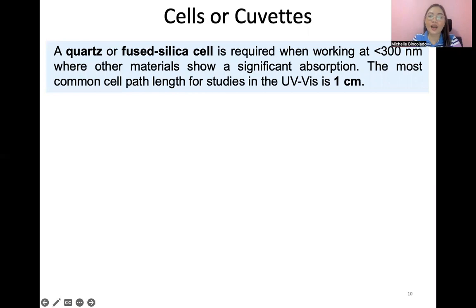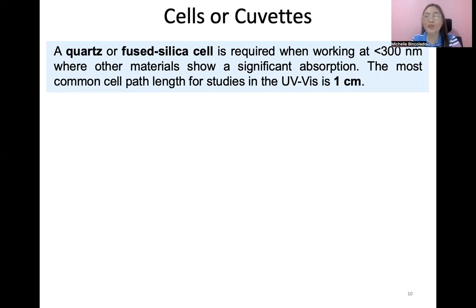So kapag guys nasa UV region na yung magiging working wavelengths ninyo, dapat ang gagamitin nyo na type ng cuvette ay quartz. It should be made of quartz, or we can call it a fused silica cell. So a quartz or a fused silica cell is required when working below 300 nanometers, where other materials show a significant absorption. The most common cell